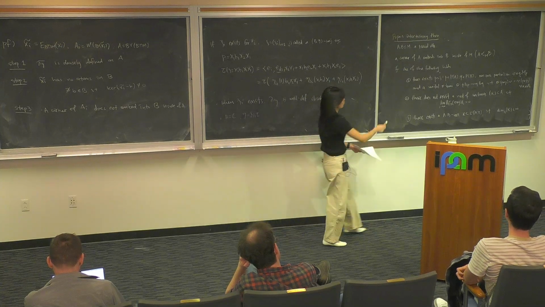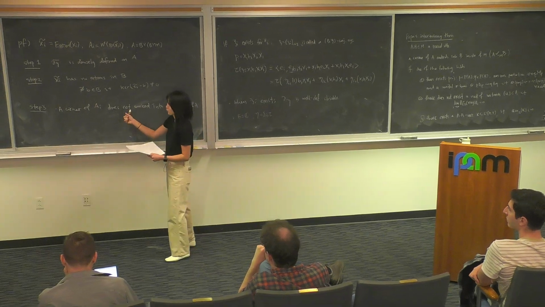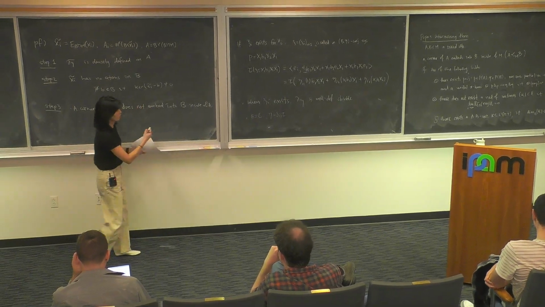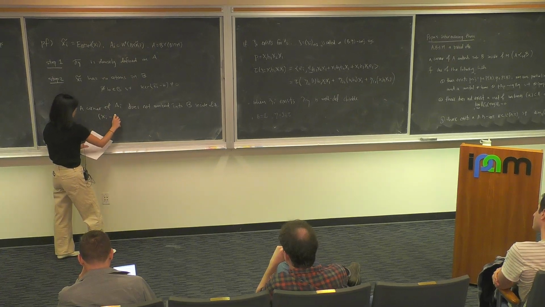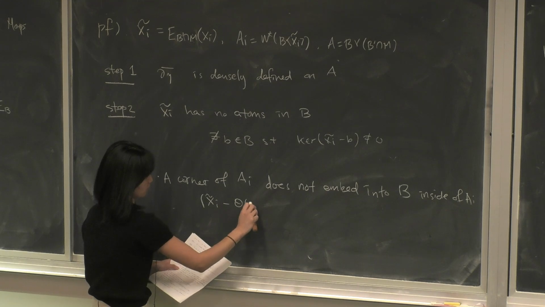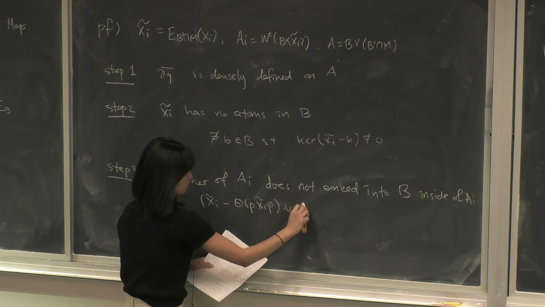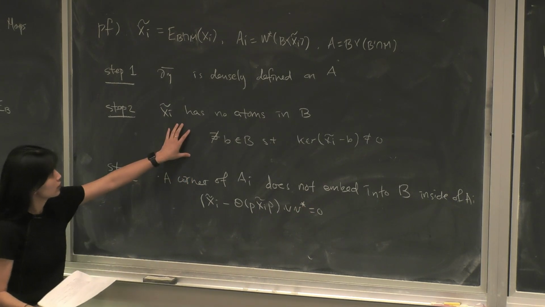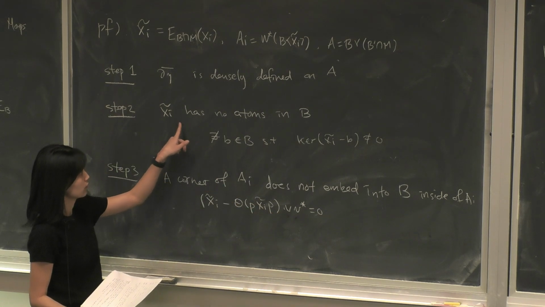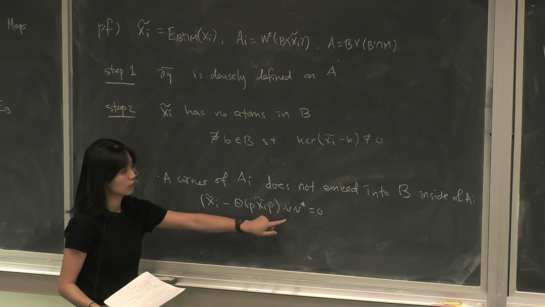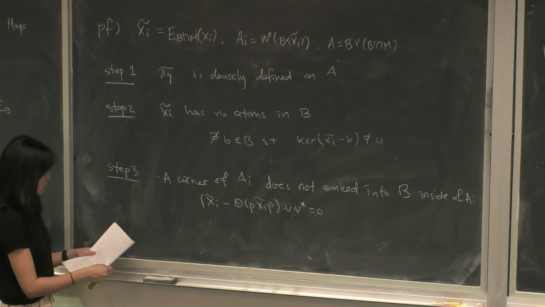So by using 1, if we assume it does, then we have a partial isometry with, so you can show the following. But from here, this v v star has to be 0 because it has no atoms in B, which is a contradiction because v cannot be 0. So